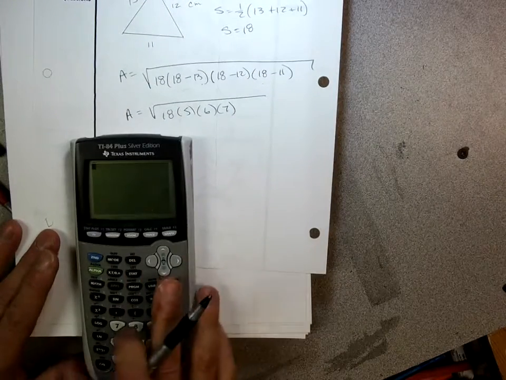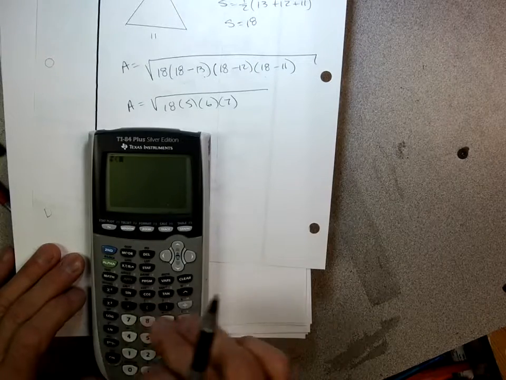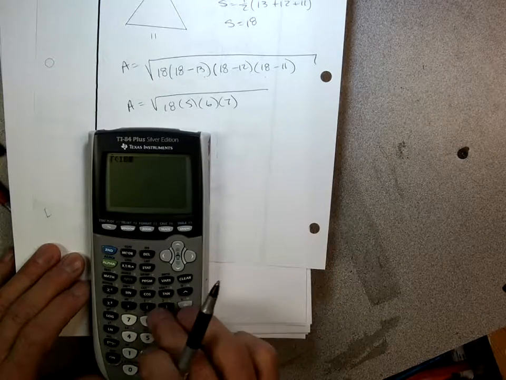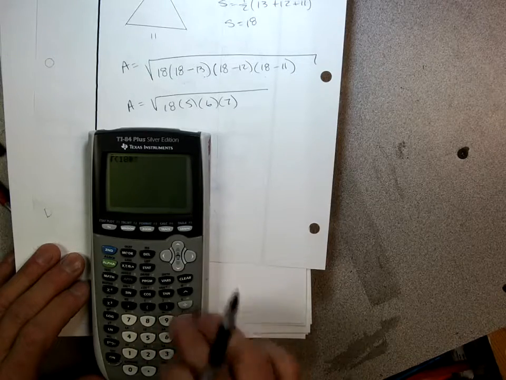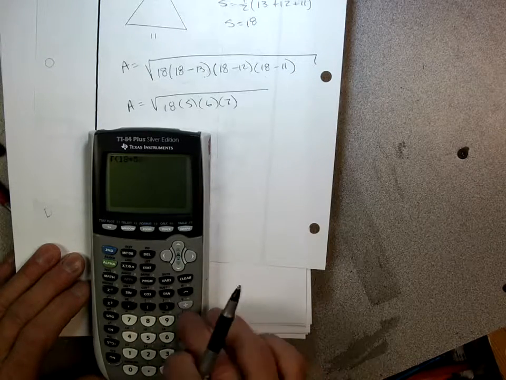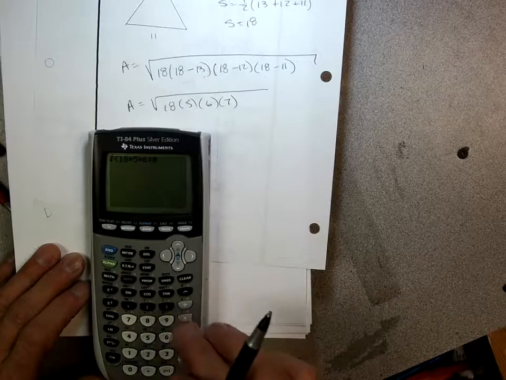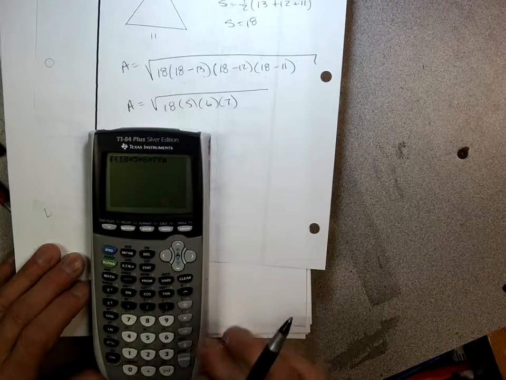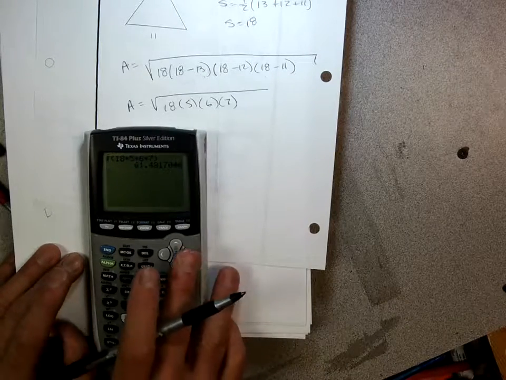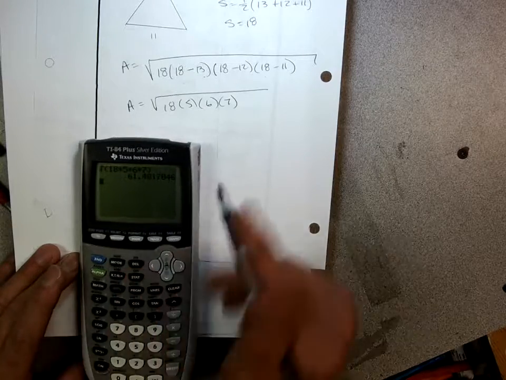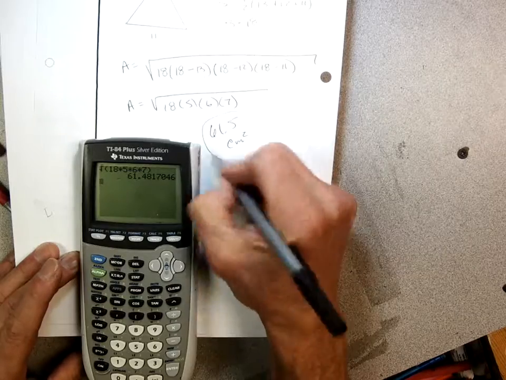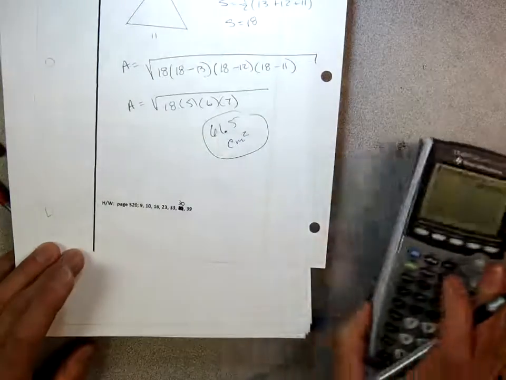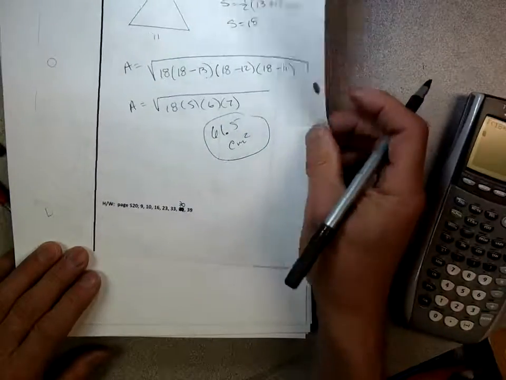All right, so now let's just do it. Square root, and I'm going to go then 18. Oh, hold on. Back up. 18 times 5 times 6 times 7. Close the parentheses. It's about 61.5, okay? 61.5 centimeters squared because it's area, right? Okay, so